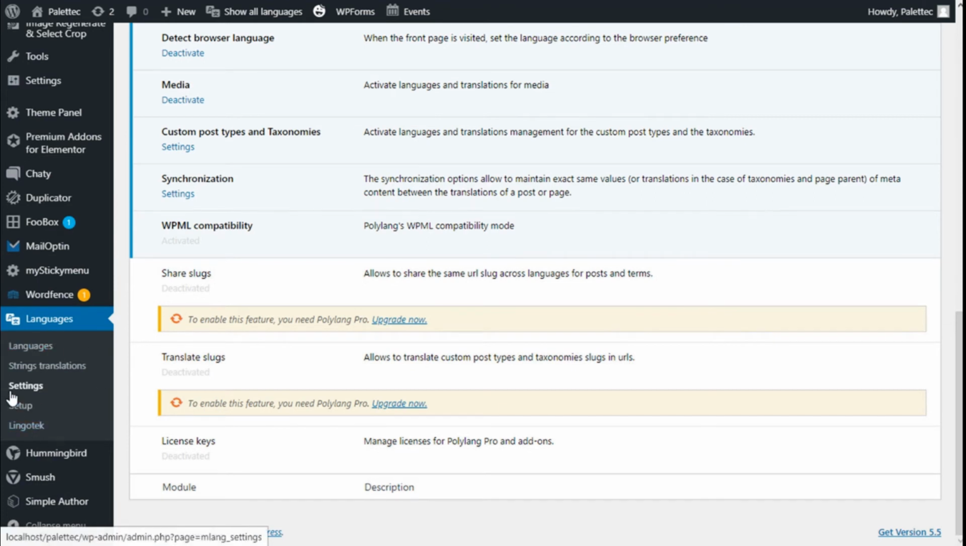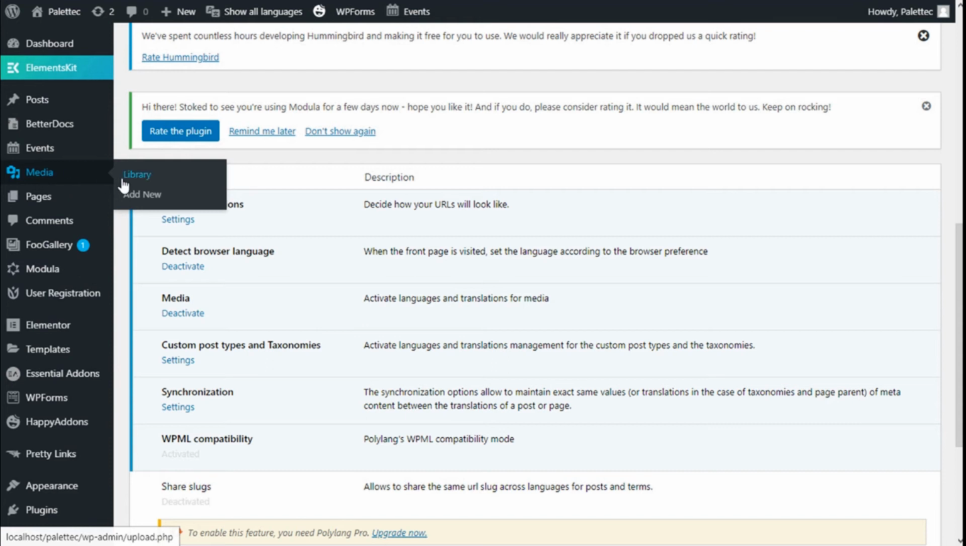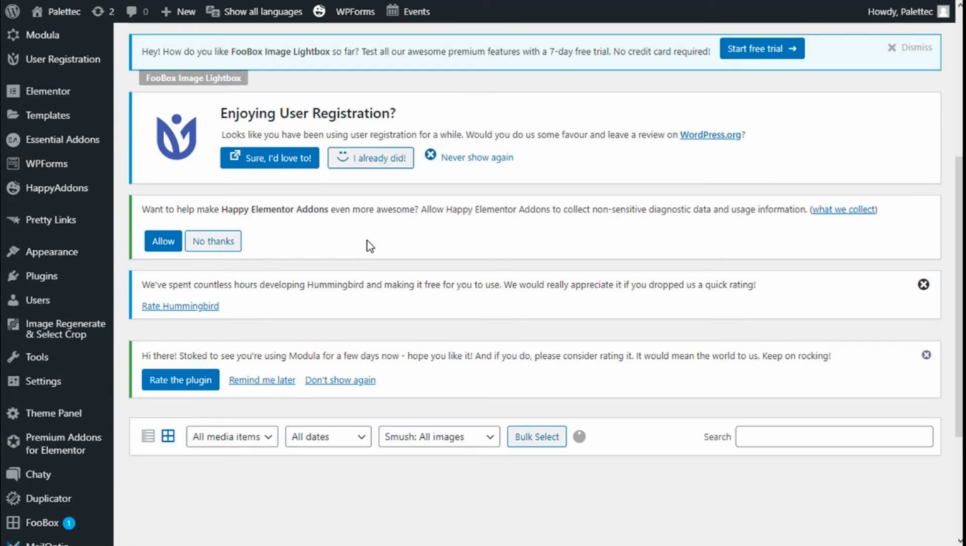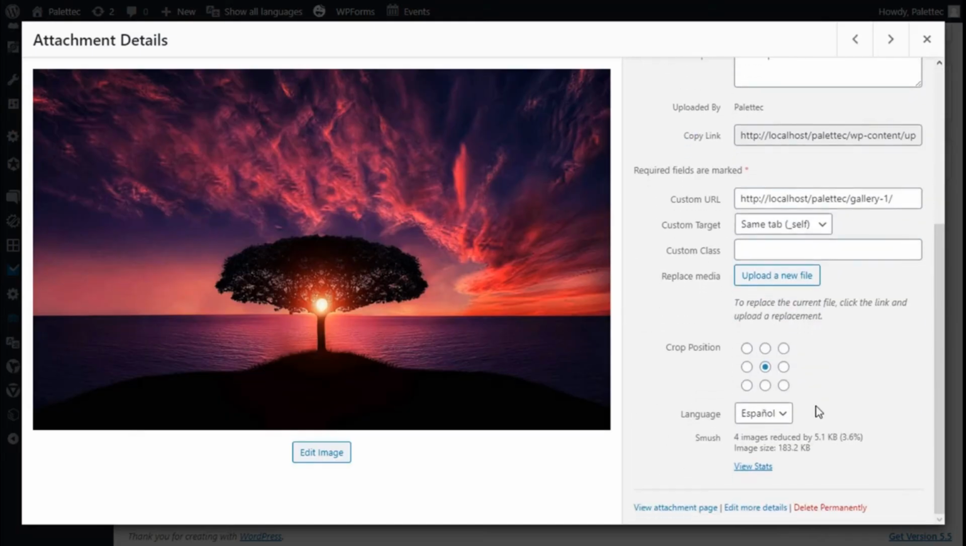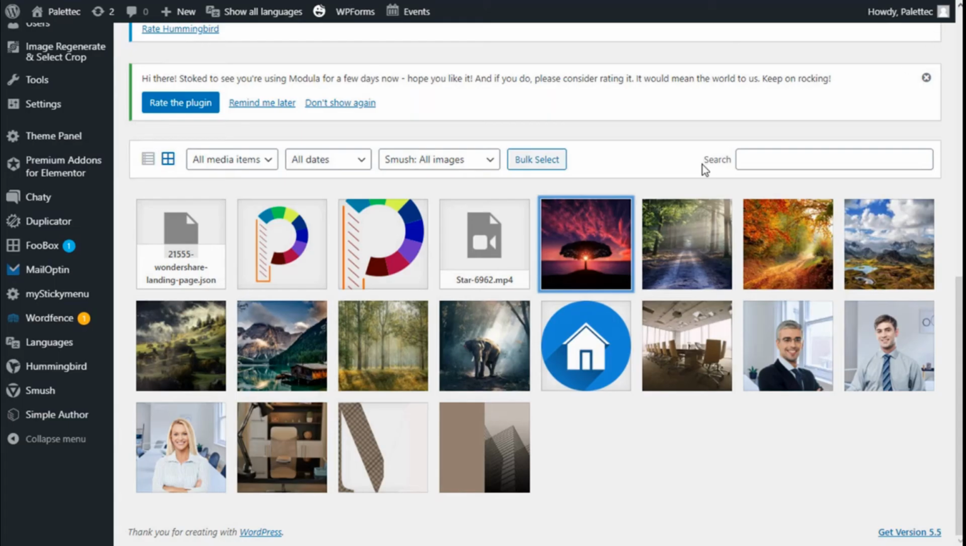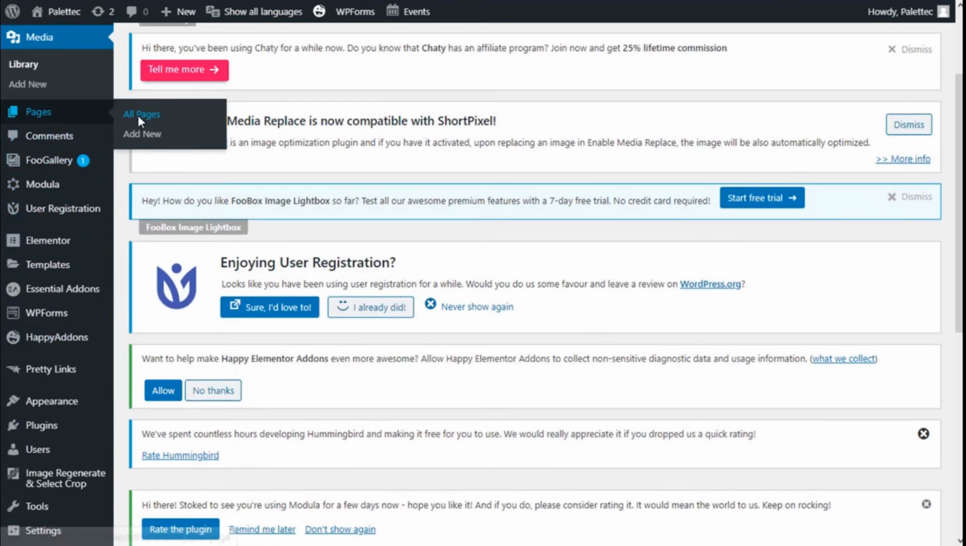So we are going to go to the media, going to the library, and we can see in the image we have different options to change the data on the different languages we have selected for the site. And we are going to move to the pages, all the pages,